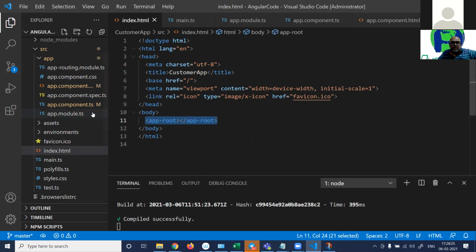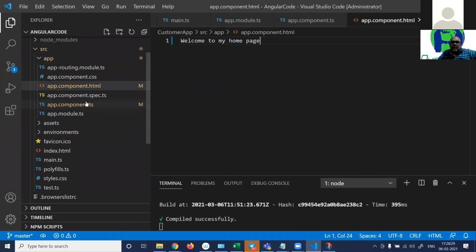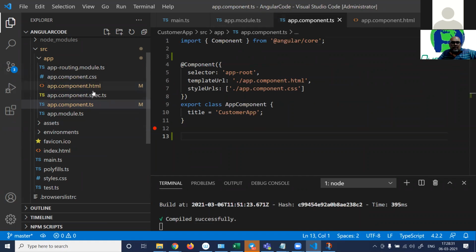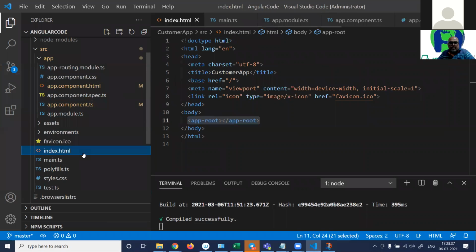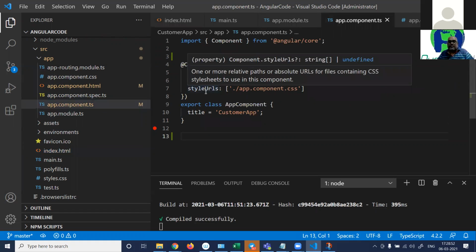So in other words, it is loading custom HTML, component, CSS, all this compiled, bunched, compressed, will get loaded over here. So how do you see? You have to call it somewhere at the end of the day in the UI. So this is the UI name. This selector gives a name to your whole component.